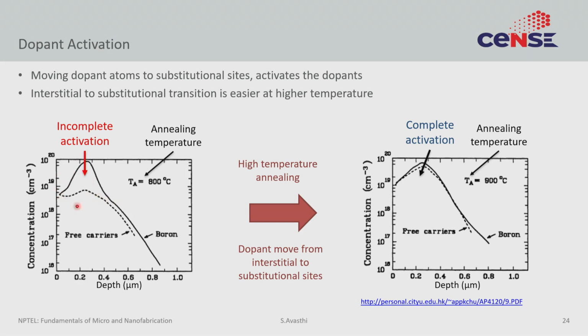In general, if this is what you see, just by annealing at a higher temperature, you can now move some of these unactivated ion implanted atoms to their correct substitutional position and increase your percentage of activation. In general, around 900 degrees C, you start to see almost complete activation. So, your thumb rule, make sure that you anneal your implant at around 900 degrees C or 950 degrees C to get nearly perfect or 100% yield of your dopants.